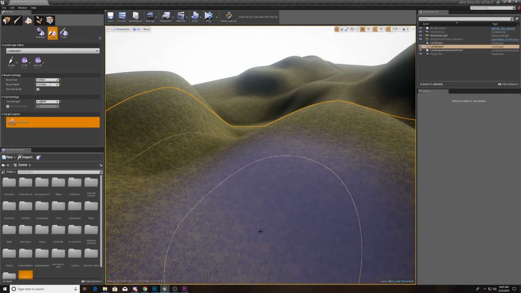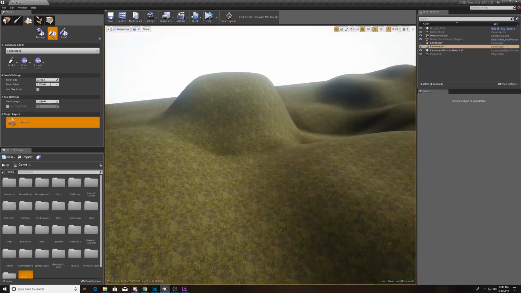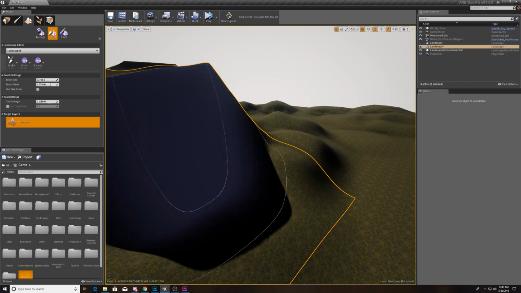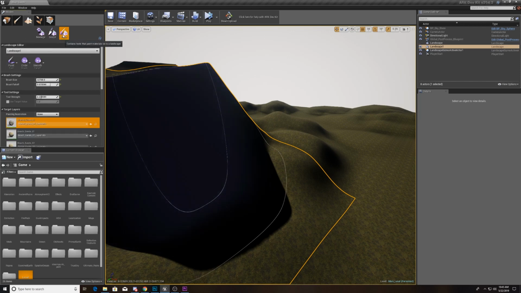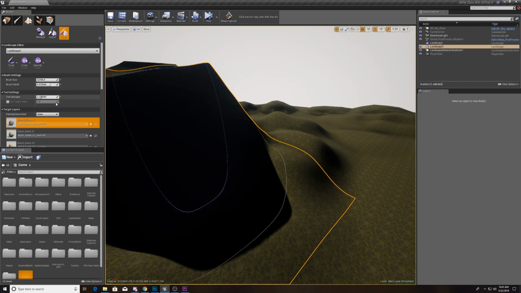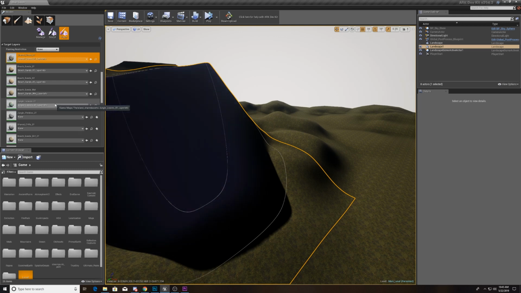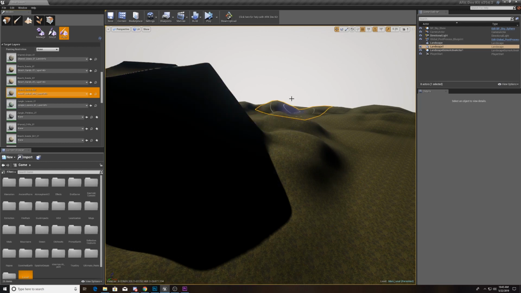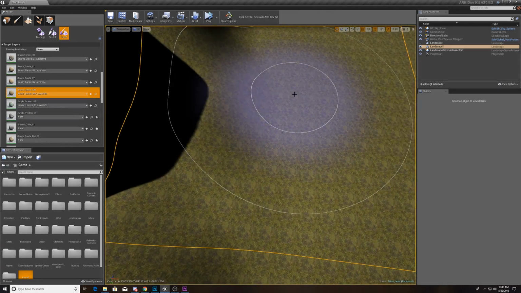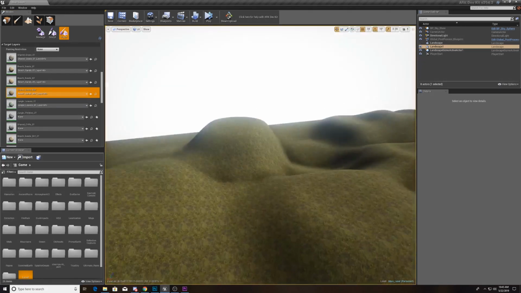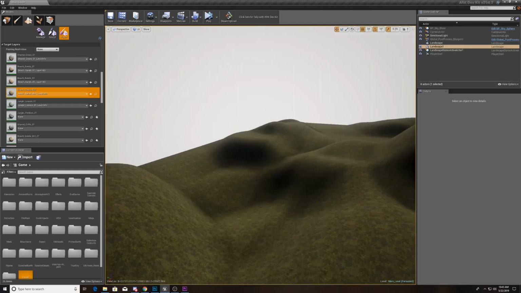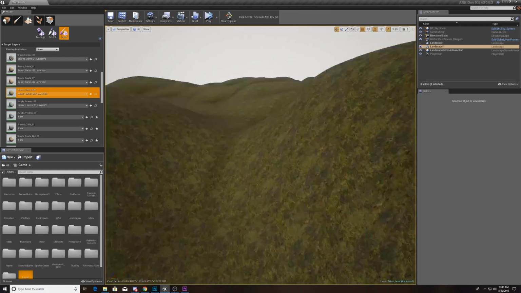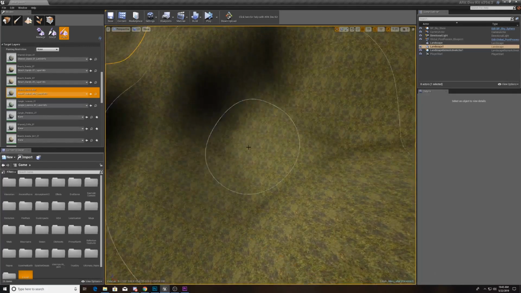The only other thing that I really wanted to discuss on this episode was how to do some of the texturing and some tips and tricks for that. So we'll swap over to the paint module here, and we'll go down to some of the other layer info layers. Here I have selected wet sand, and that's going to be something that we're going to put in the ocean. So I'll come down here to where I know there's going to be an ocean. It's between this island, the volcano island, and another island,